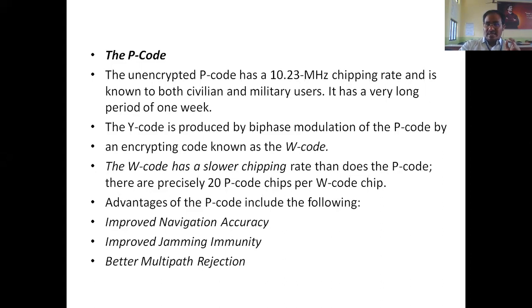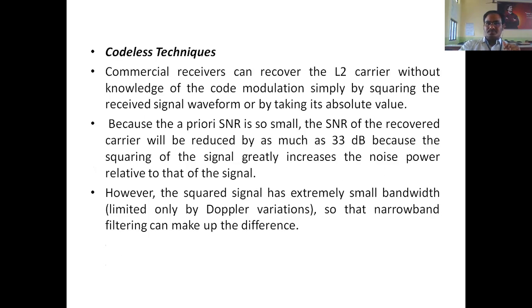Now, what are the advantages of the L2 capability? The first one is improved navigation accuracy. Navigation accuracy is very much improved, and there is improved jamming ability. When more signals are received, it is able to reject the unwanted signals, and there is better multipath rejection. These three are the advantages of the L2. And the third one is the codeless